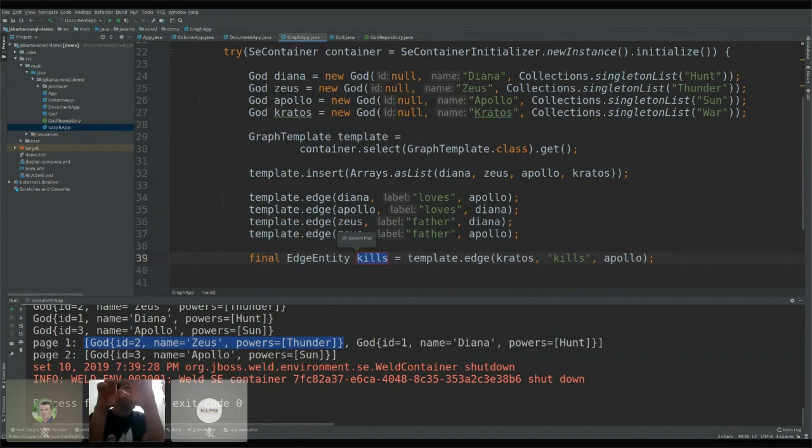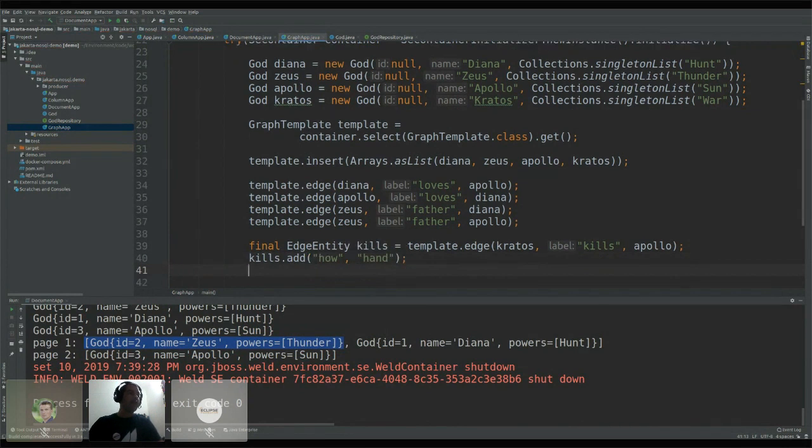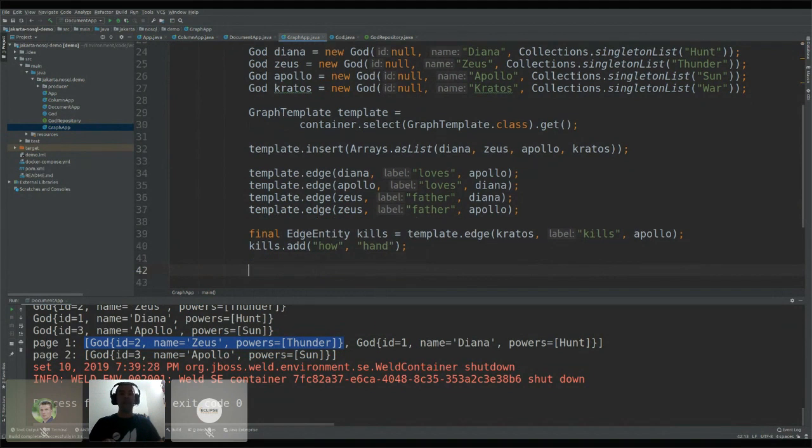Again, the graph has an object to hold the relationship. So I put a direction, and for sure I can put properties on that relationship. So think about it, I can put how. So how? Using the hand. So basically Kratos killed somebody just using the hand. Given that, one important thing is I have a transaction,